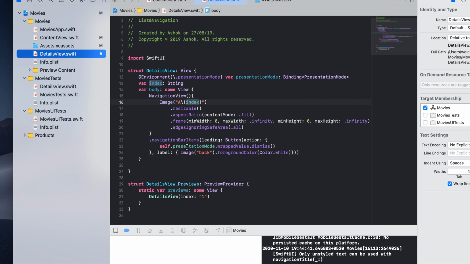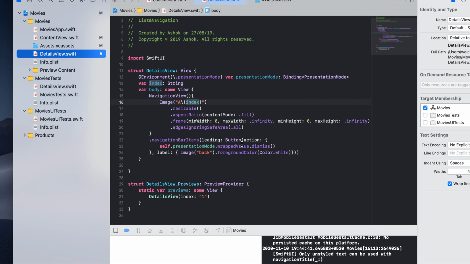Then navigation bar items. When you say navigation bar items, there will be items for when we want to go back, or a kind of disclosure icon, like this will come. So when I'm going from master to detail, I should have some kind of a button, right?